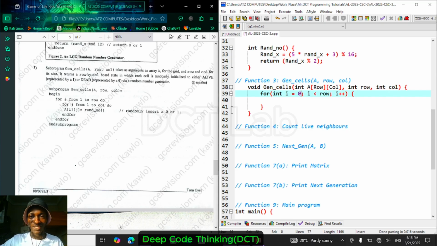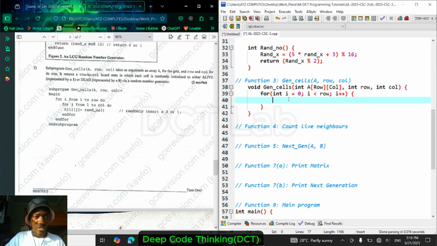Well, array indexes start from 0, and either you use 1 here and you put less than or equals to row, or you use 0 and you just put less than row. So since array indexing starts from 0, I like to use 0, then I put less than here. But again, you can still use 1 here and put less than or equals to. If you put 1, don't forget the equal to sign here. Okay,